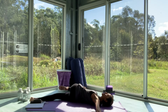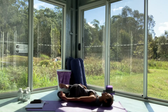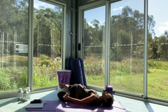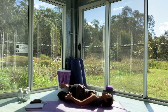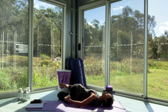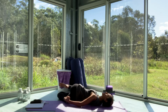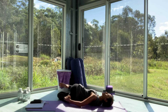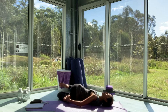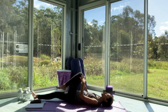If you're wanting that added quad stretch, flicking the right foot up and catching it with the left hand, pulling it towards you, feeling the stretch on the quad on the other side. Really keep the breath flowing. Inhaling and exhaling. Another breath in. Let the breath go. If you have hold of that right foot, gently releasing it, guiding the left knee back,